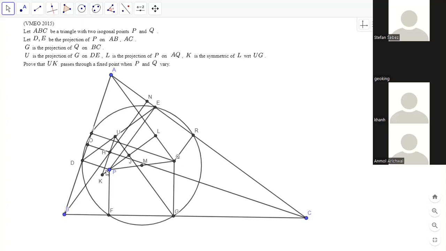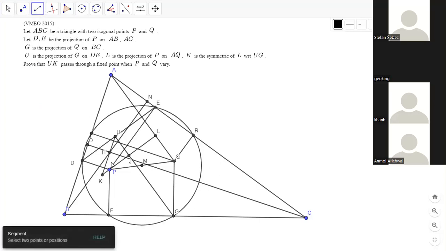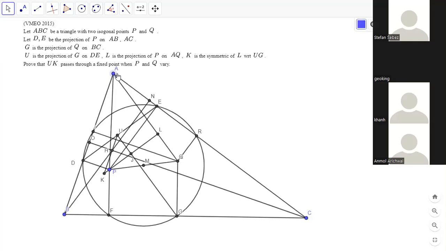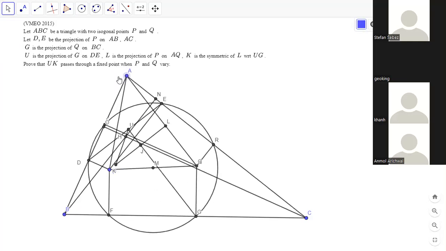What if I took the projection of Q on AP? I wonder if I could create some symmetry here. So it's not true that PH and A are collinear, but